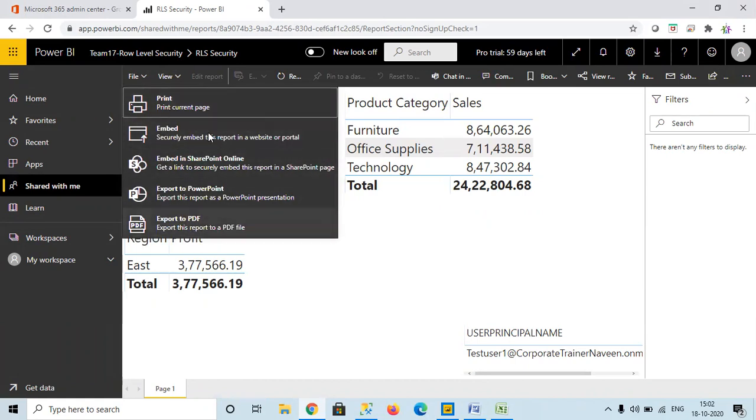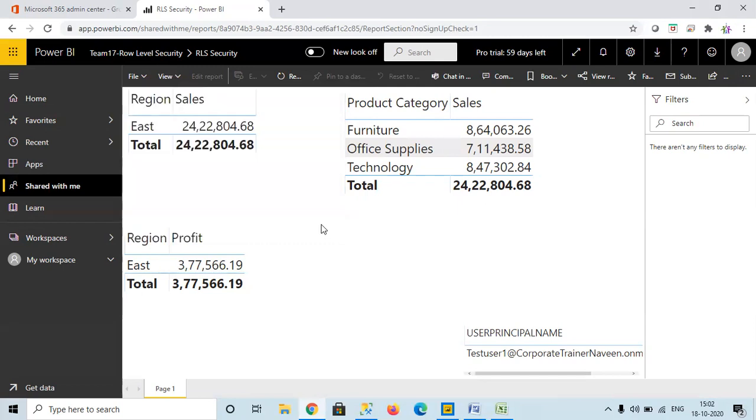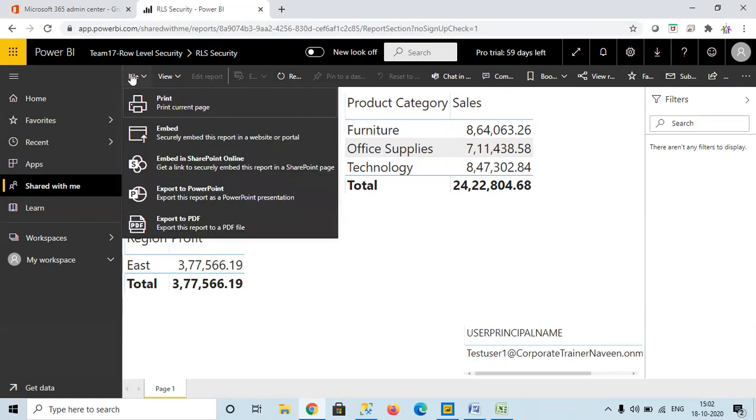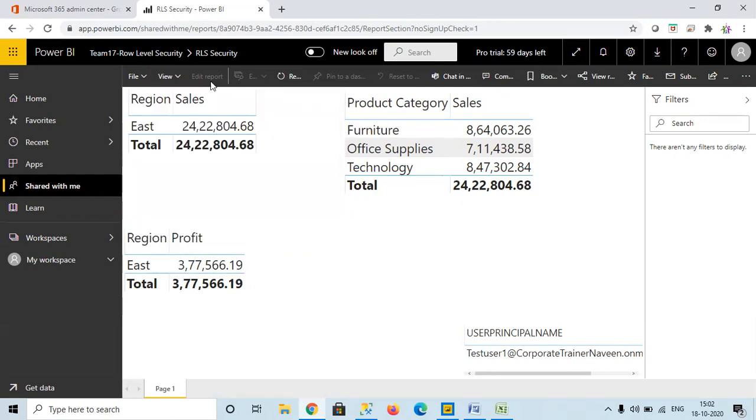He cannot download it either. As a business user, he cannot download that report, the Power BI workbook, the PBIX. But a normal admin or somebody who has access will be able to download the PBIX file here. In this case, you can see there are so many limitations for the business user, so that they cannot see complete information.